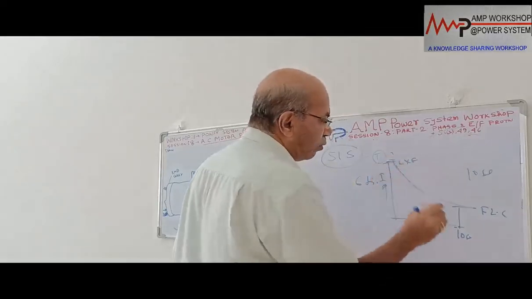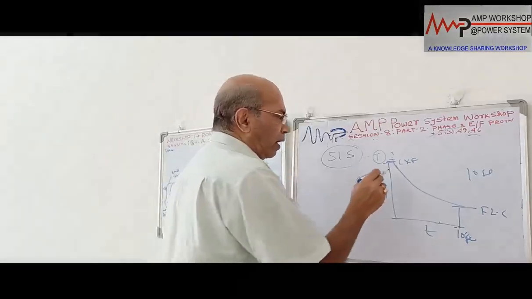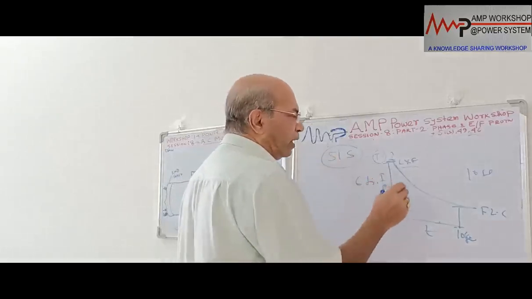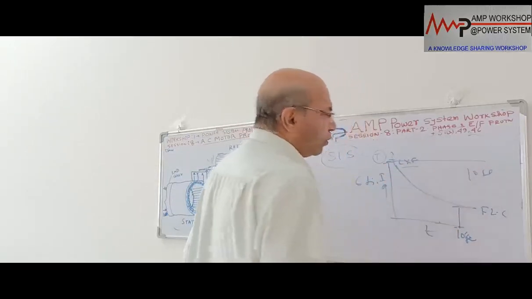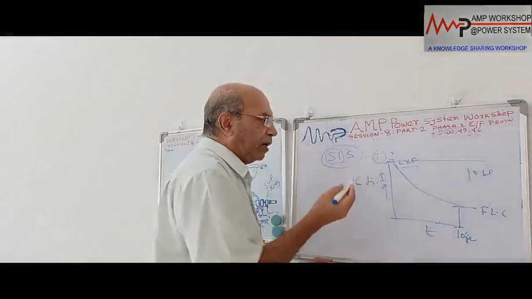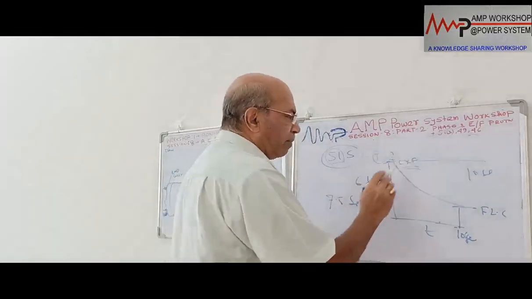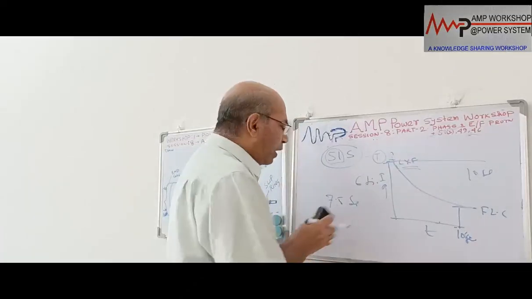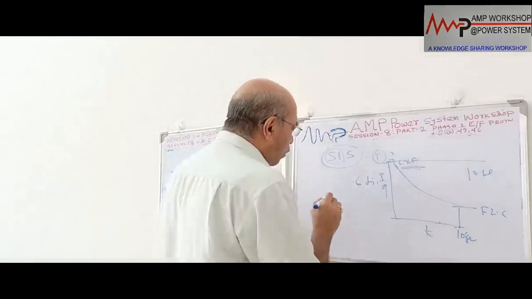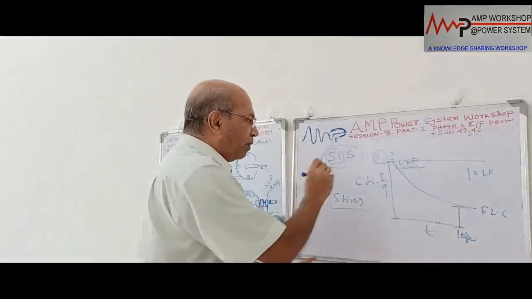So the starting current is 6 times the full load current if the motor starting time is 10 seconds. But if the motor fails to start, then this current will be maintained. So we will give the 51 overcurrent relay a pickup setting, suppose 7.5 times? Then at 6 times current it will not pick up. Or, if the locked rotor current or starting current is 6 times, we will give a setting of maybe 5 times. 5 times we will give as the 51 setting.